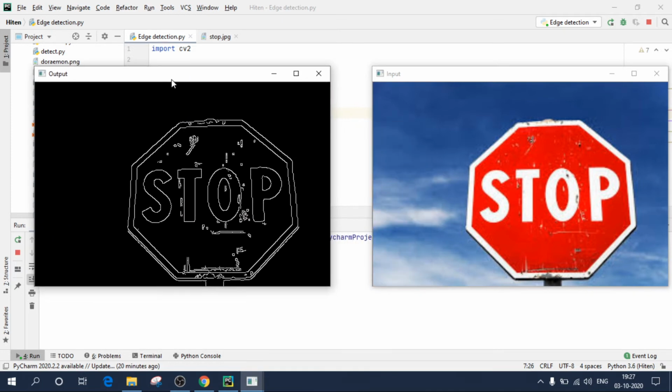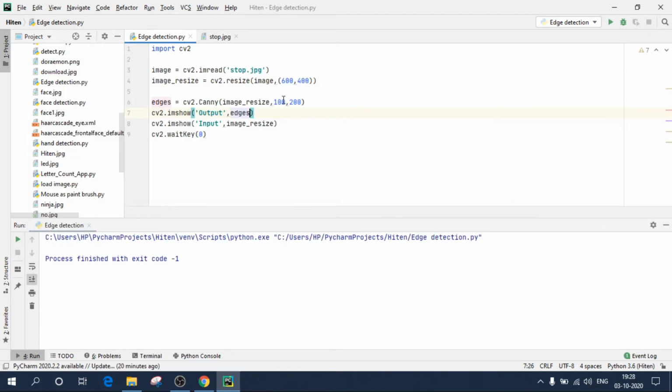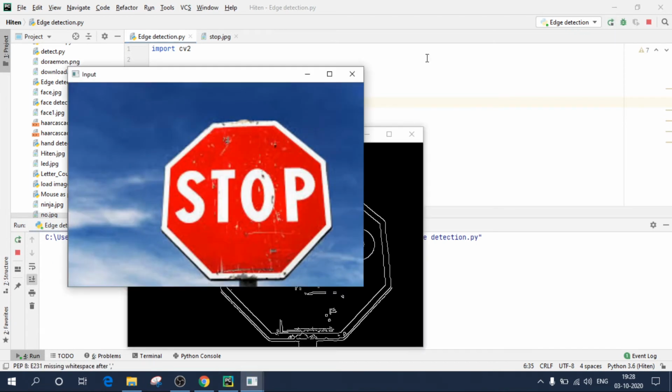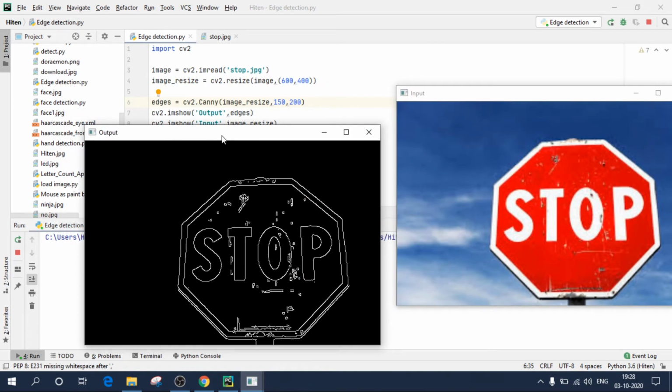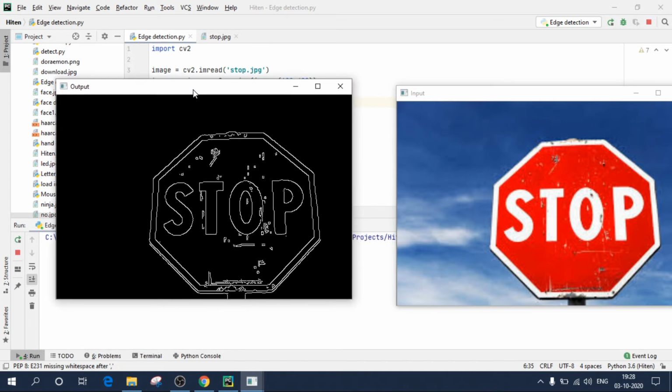But as you can see, there is some noise in the image. To remove this noise, you need to change these values somewhat. Basically it's a trial and error process. It is not feasible every time to change the values and get an exactly correct output. The solution to this problem is that we'll create track bars so we can change the value in real time.